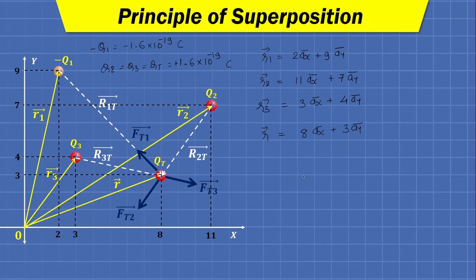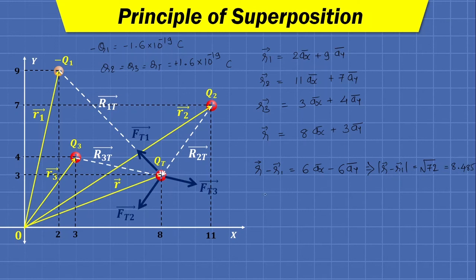Fine. So now to find each force individually, we are going to need the distance vector. So r bar minus r1 bar will be 6ax bar minus 6ay bar, and the modulus, that is the distance between q1 and qt, will be equal to the square root of 6 squared plus (minus 6) squared, which is equal to the square root of 72, and it will be roughly